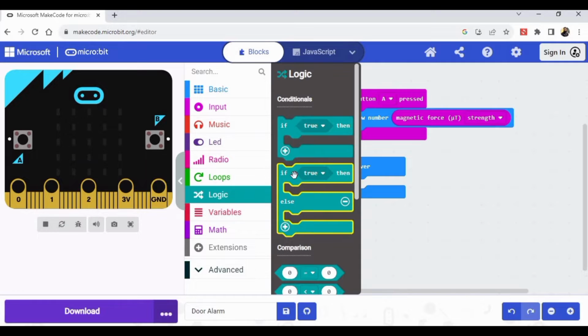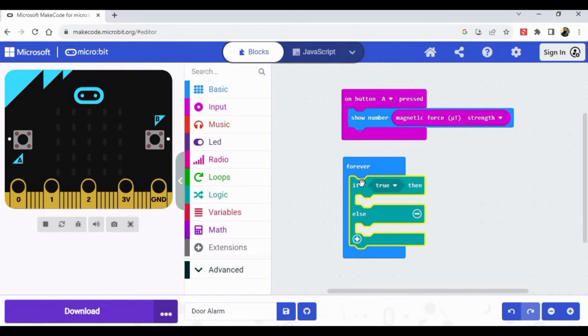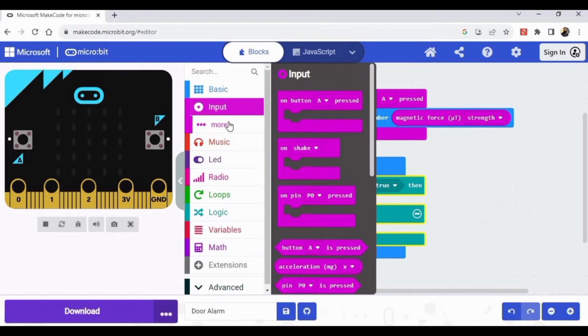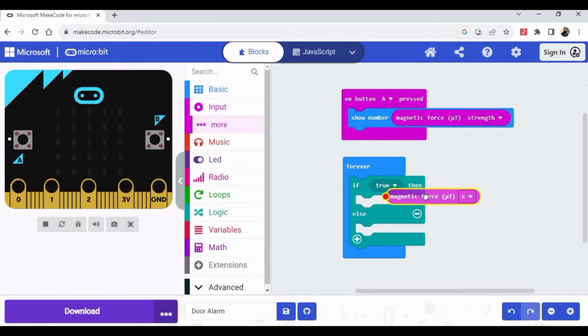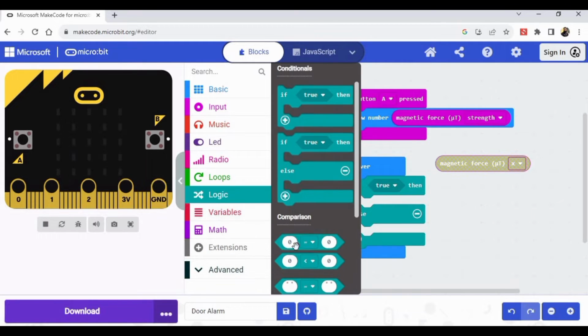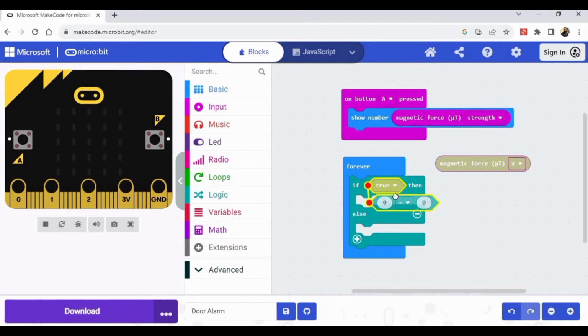And here we need the if else block and we will place it into the forever block here. And we need to go here to more and magnetic force. Just place it here. We need a comparison block. For this we need to go to this logic section and here we have the comparison block. So drag it and place it here